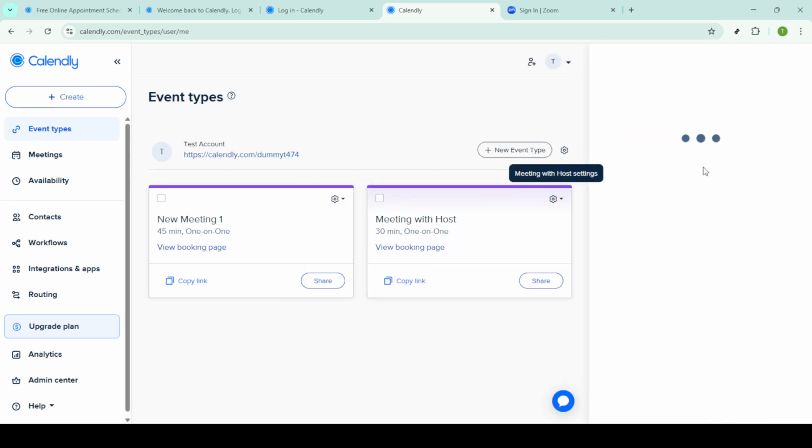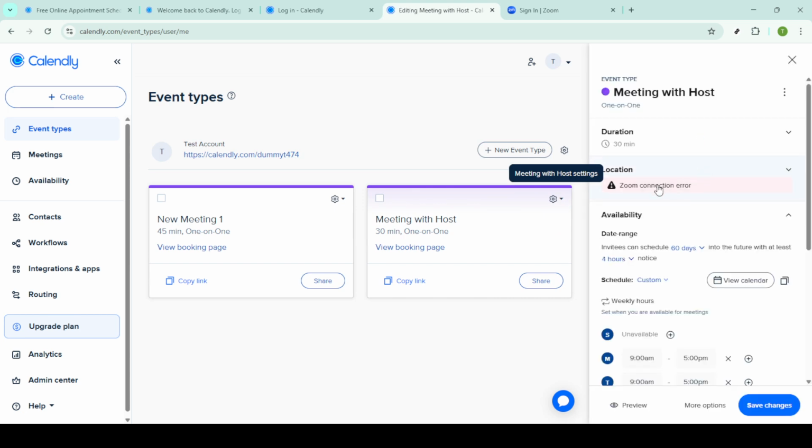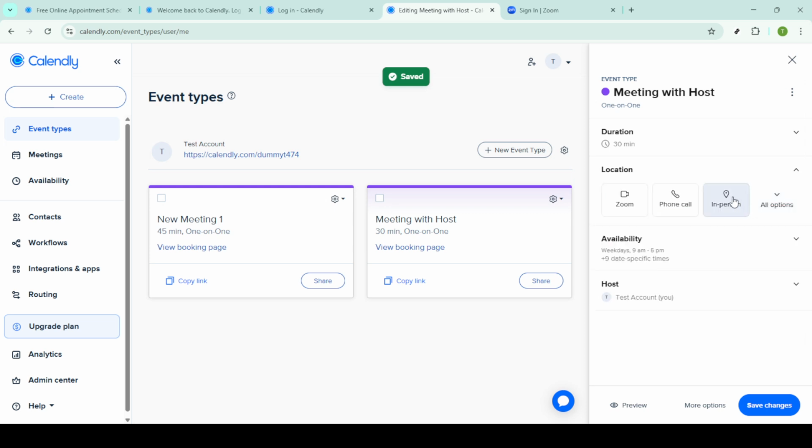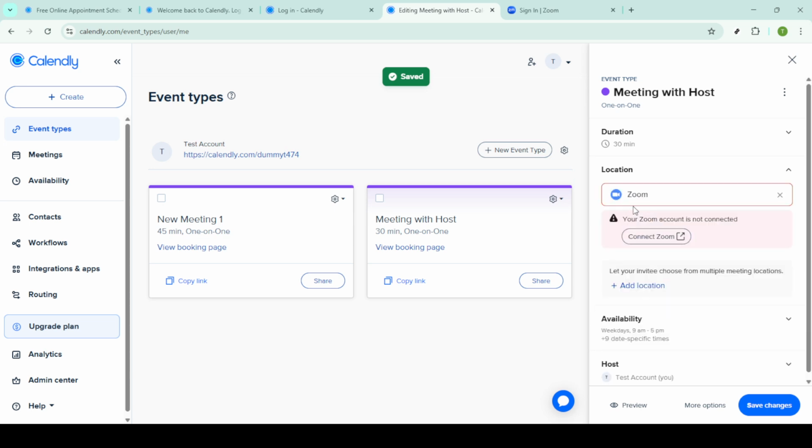Now that Zoom is connected, let's configure how it schedules events. Go to the Event Types section in Calendly, which is accessible from your home page. Here you'll want to select an event you'd like to pair with Zoom. Click on the event to open its details. Once you're viewing the event details, find and click on the Location tab. Under Location Options, choose Zoom as the preferred location for this meeting type. Selecting Zoom will ensure that whenever this event type is booked, a Zoom meeting will automatically be created and added to the calendar invitation. Finally, remember to save these settings by clicking the Save